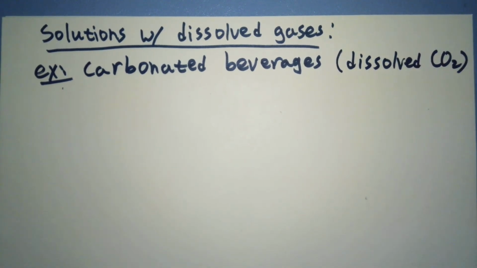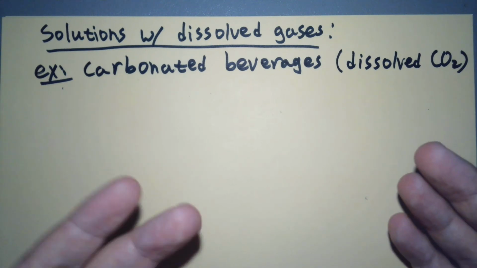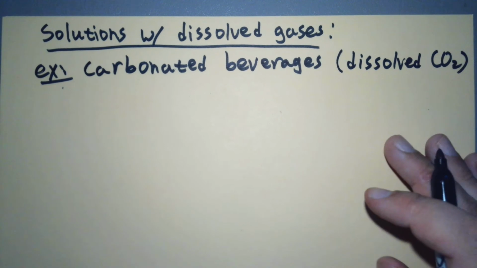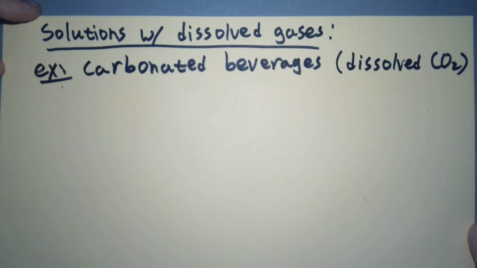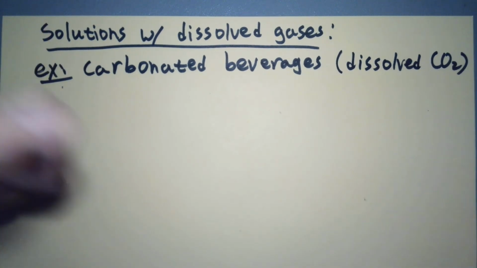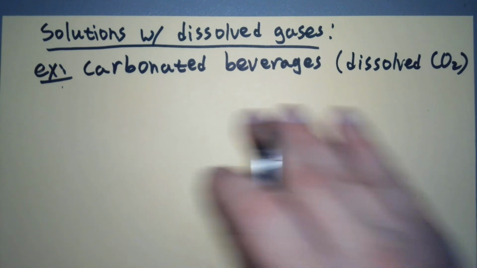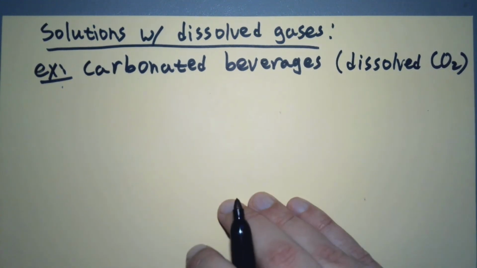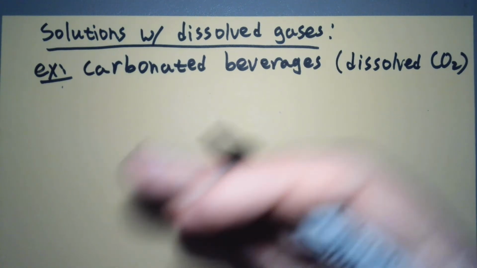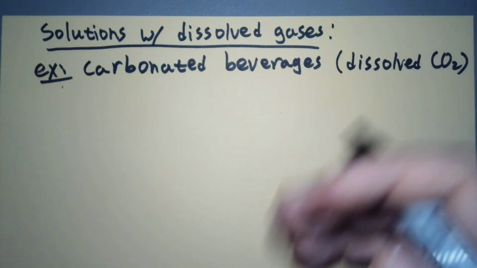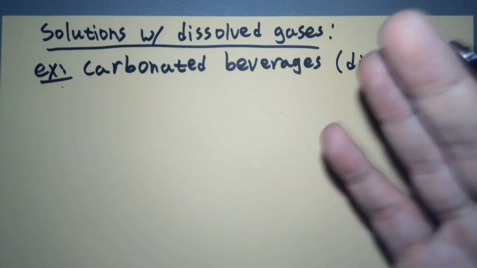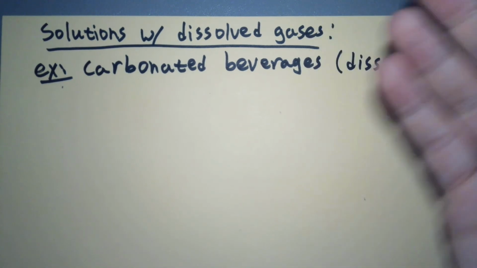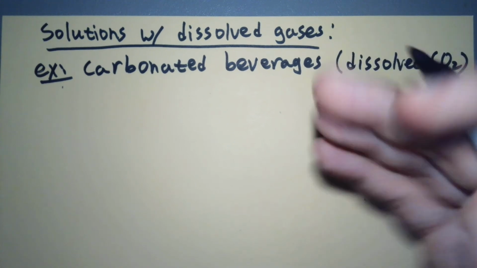So I guess, in theory, if we made enough Coca-Cola, we could get all the extra CO2 out of the atmosphere. We just could never open the cans. Alright, so there you go. Crisis averted, everybody. So it's dissolved CO2. And so when we think about dissolving gases, what we can think about is, how do we keep a carbonated beverage from going flat? How do we keep all the CO2, all the bubbles from escaping? What do we do? And the answer to that question is the same as, what do we do to get gases to dissolve?